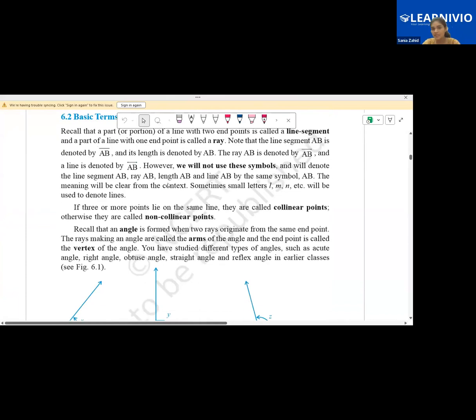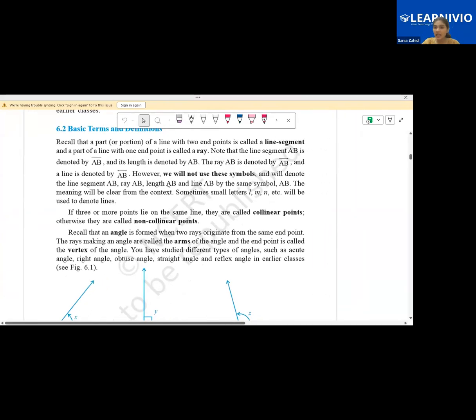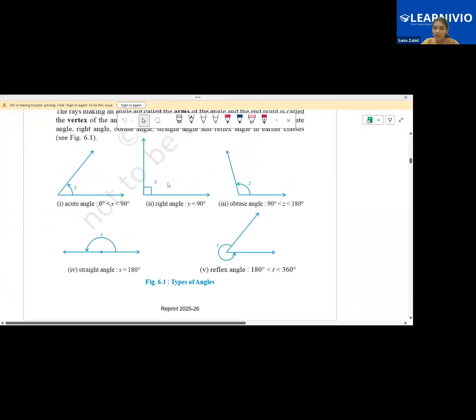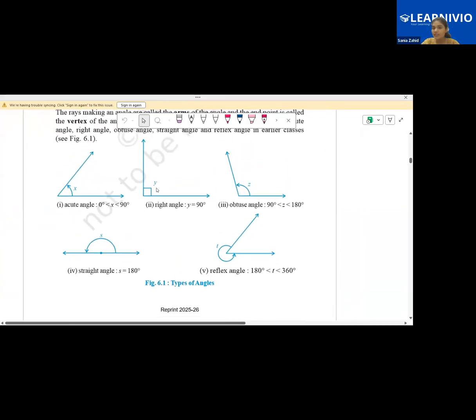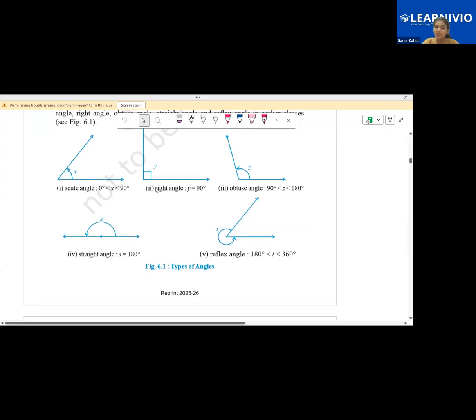Angles, the basic terminologies: what are collinear and non-collinear points, angle, arms, and vertex. Then we studied the different kinds of angles. An acute angle is less than 90 degrees, so the range is 0 to 90. A right angle is equal to 90 degrees. Obtuse is when the range is between 90 and 180, straight is 180, and reflex is 180 to